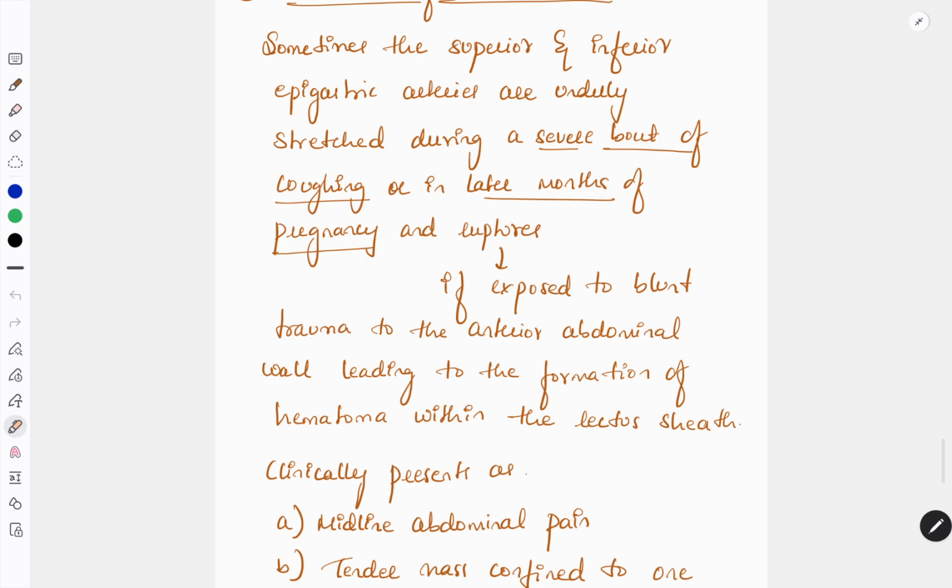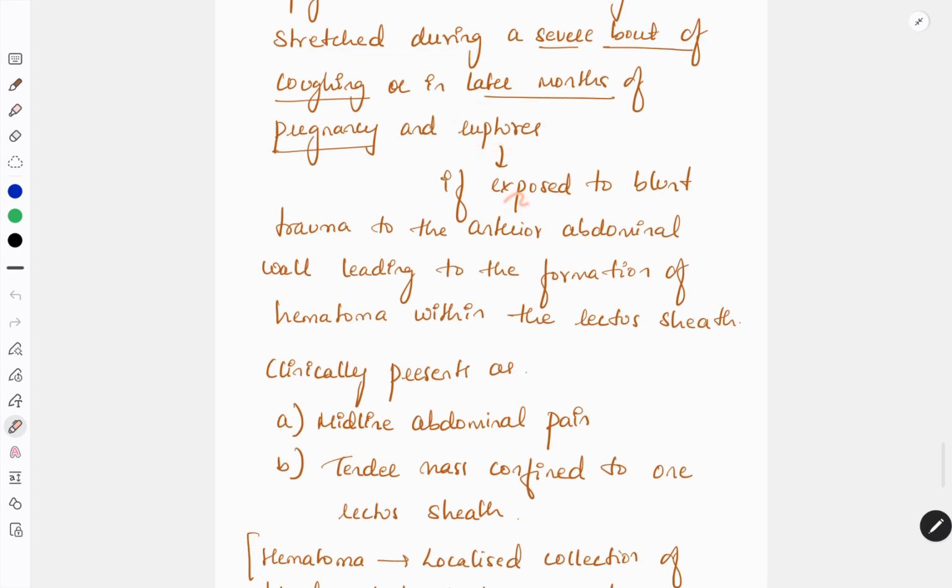So why are we telling coughing or later months of pregnancy only? Why not other things? Because these are some of the things which will lead to increase in intra-abdominal pressure, because of which these arteries are getting unduly stretched and they can also rupture. Because of stretching they can also rupture, and they will also rupture if exposed to blunt trauma to the anterior abdominal wall, leading to the formation of hematoma